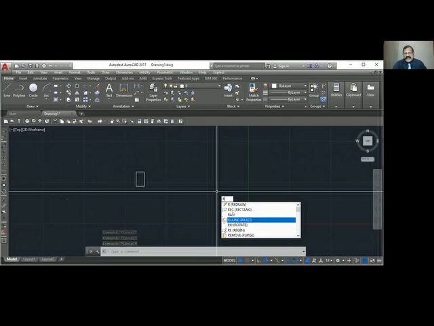You have to type RO. R is redraw. Rotate is RO. Type RO.